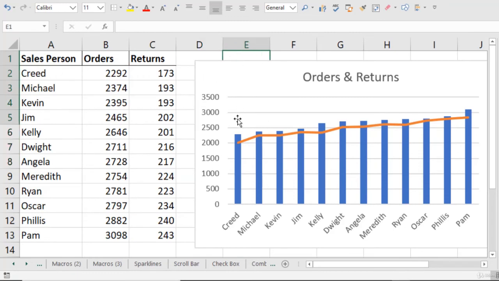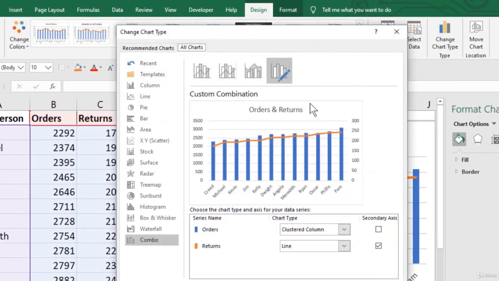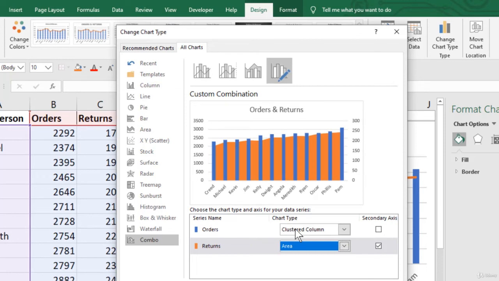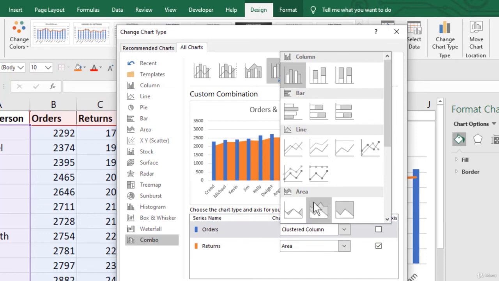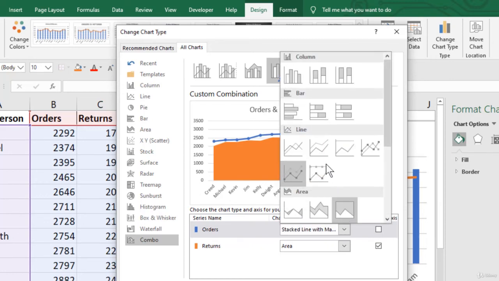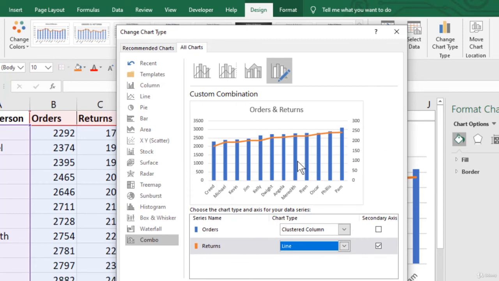Like I said, you can just add more and more data sets to this graph, and you can put charts on top of other charts. You just go to your chart, you go to your chart type, then you can just adjust however you want to see this. So maybe instead of a line graph, you can do maybe an area chart. You can see it like this, how it's kind of in the background. Or you can make this into a stacked line with markers or whatever. Typically, I like to have the column chart and then a line graph,